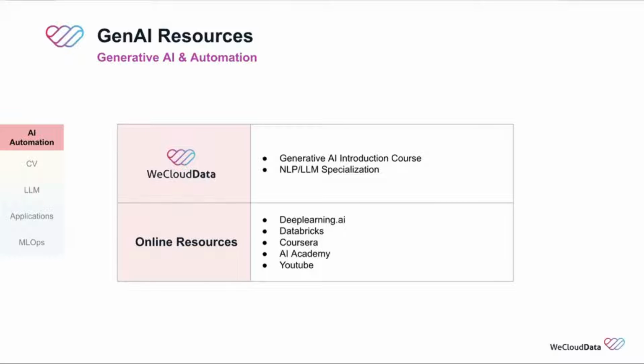There's some great online resources. You can go to deeplearning.ai. They have, I think, a lot of very good Gen AI courses. I think it's owned by Andrew Ng. So they have LLM courses. They have NLP, a huge collection of short courses. Most of those courses are like 1 or 2 hours. So it's very introductory level. So if you want to go deeper and do more exercises and work on projects, you